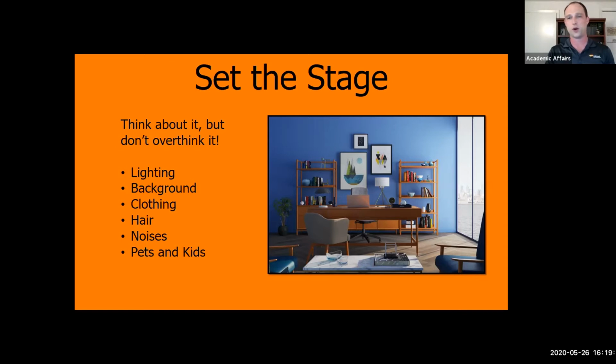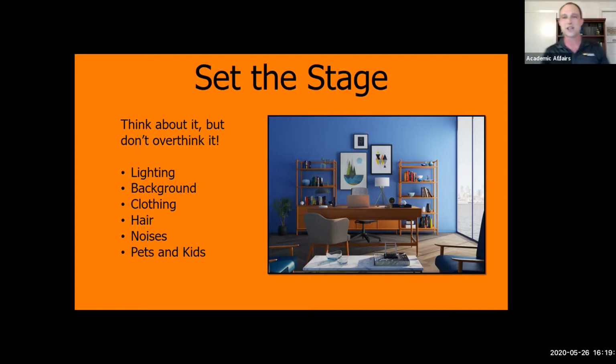Your students are way more interested in seeing your face and what you have to say and hearing that intonation than they are with seeing your fancy diplomas on the wall. Diplomas on the wall are great. That's actually a really easy way I've seen people dress up walls. If you have a blank wall and a couple of diplomas, you're absolutely set. That's really all you need. And you need even less than that. A blank wall is perfectly fine too.